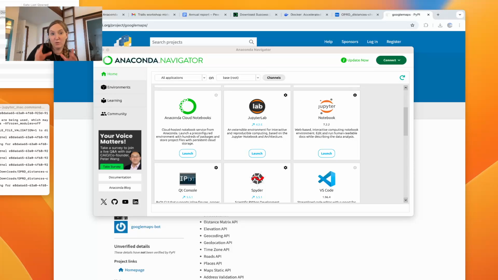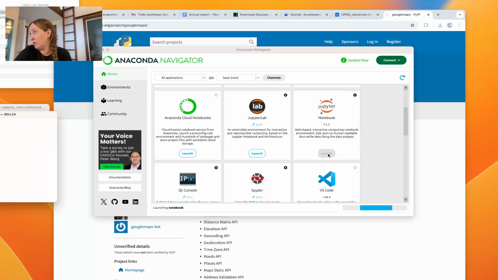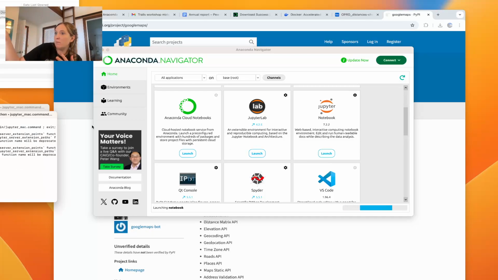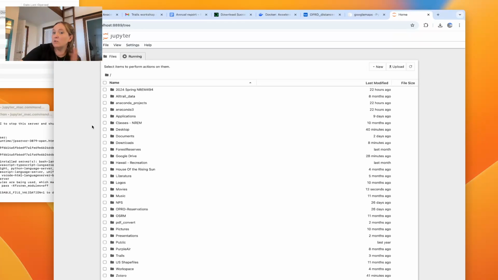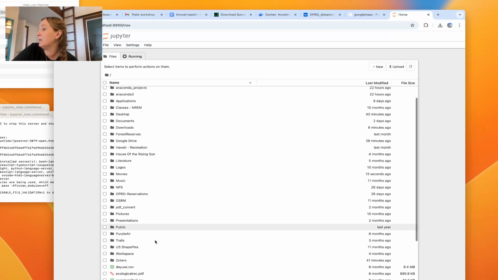Okay, so we're going to do the Google Distance Matrix API. I wrote the code in Jupyter. So we're going to open Jupyter. It's going to pop open a terminal within your browser. And we're going to open that file, that OPRD, because that one's already